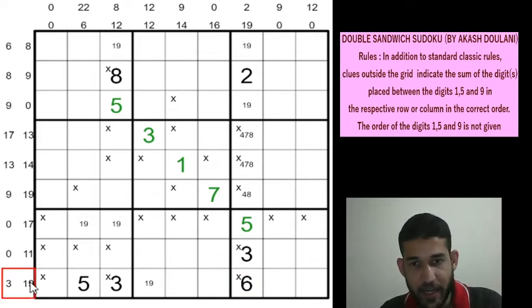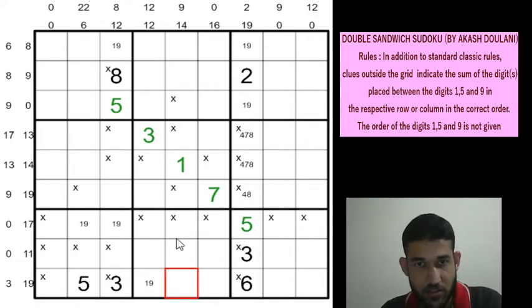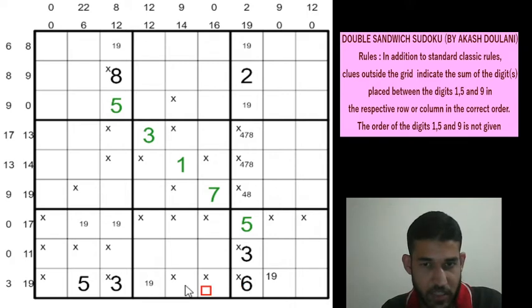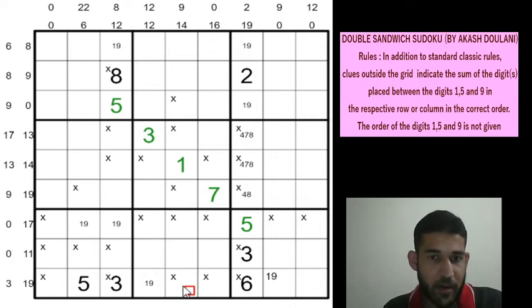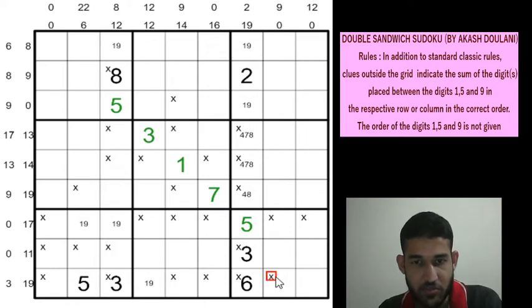I told you earlier that 19 needs at least 3 cells. So we can mark X's in here, here, because we have a 1 and 9 here, and we have to have 1 and 9 here or here. Right. If you have a 1 and 9 in row 9 column 8, what happens? Then the sum of these 3 cells would have to be 17, and now we have a 19 for this clue, and we have a 6 here already. So these 2 cells will add up to 13, which can only be done by 4 and 9. 4 and 9 is not going to be possible, and 5 and 8 again not possible, and 6 and 7 is also not possible. So we cannot have a 1 and 9 here. So this is again an X.